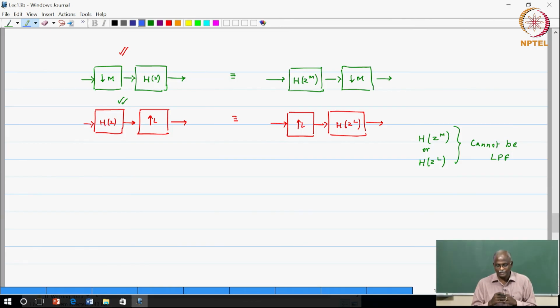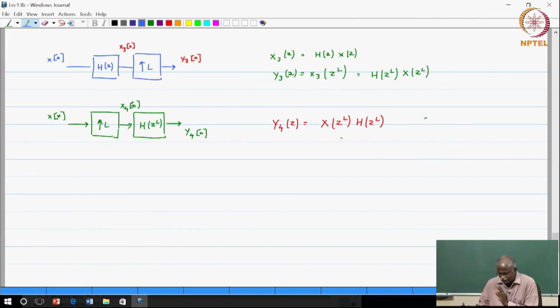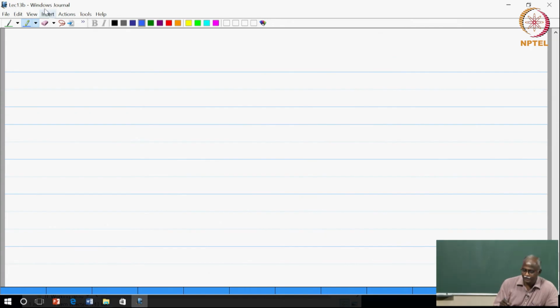So, the question was, can a low pass filter be written in this form, and I am glad you asked, because we will answer that question. That was supposed to be after the next section, but that does not matter. It is a very important question. Let us answer it, and you will see the beauty of multirate signal processing emerging from this very simple slide. So, if I were to look at a low pass filter with impulse response h of n,